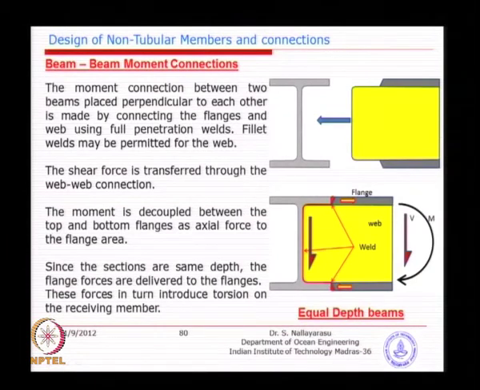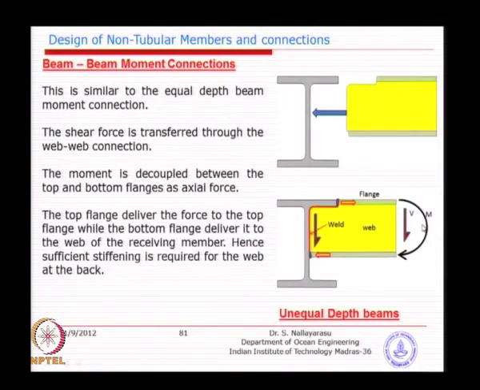So, you need to make sure that such loads are taken and designed, so that the beam receiving these loads is able to survive, otherwise it will fail by torsion, and normally this type of torsion is supposed to be avoided. So, how do we avoid this? Simple idea is, you go here,